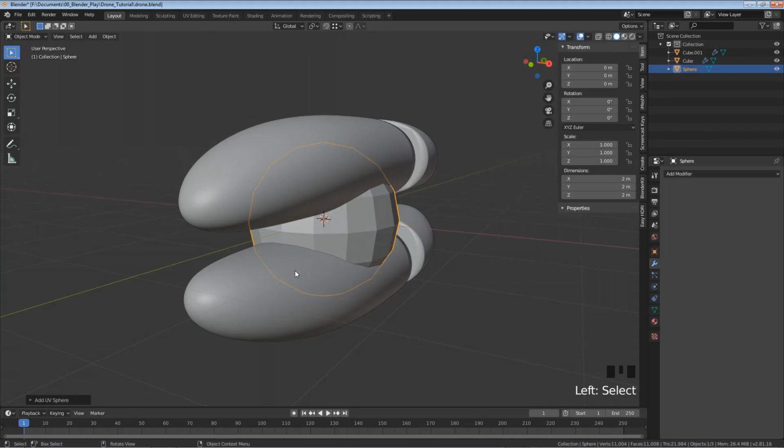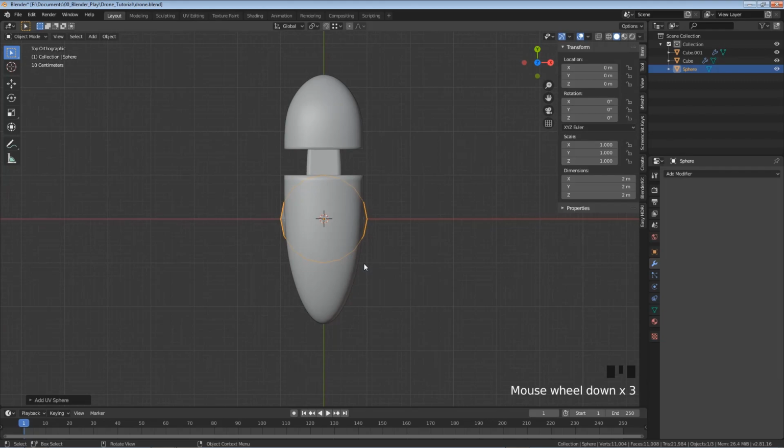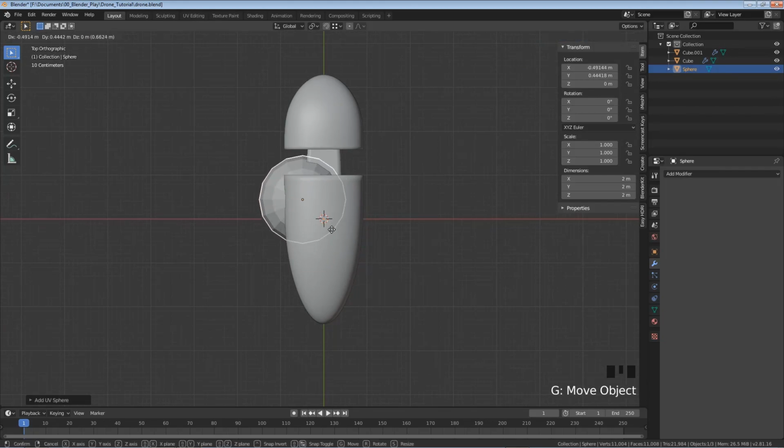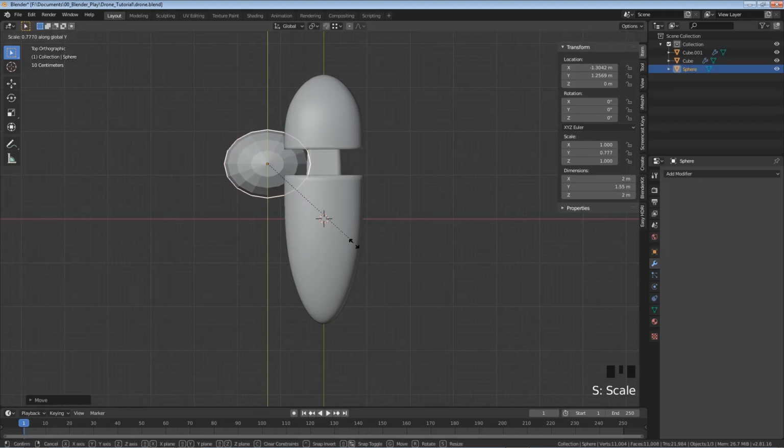Now I'm going to hit 7 or numpad 7 to go to my top view, scroll out a little bit, hit G, and bring it over here and left click. And I want it to be about this wide at its widest point. So I'm going to hit S for scale and then Y to do it on the Y axis. And I'm just going to bring it down to, again, this is kind of preference, but at its widest point,